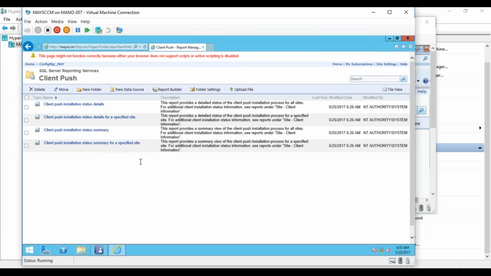If you want to check for a specific site, in our case we only have one site, right? If you have multiple sites, then for a specific site you can see how the client push installation is going on, out of how many machines how many failed or how many succeeded. If you want, you can directly go to the summary, so it will give you final numbers, or if you want detailed information, you can go to the details. So if I click on summary,